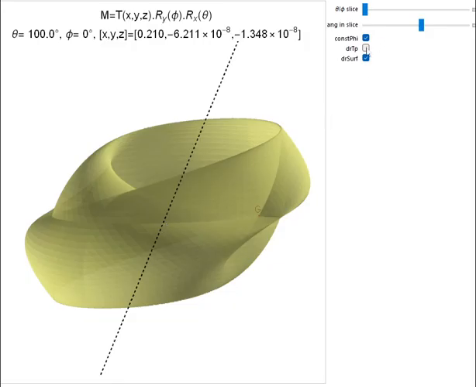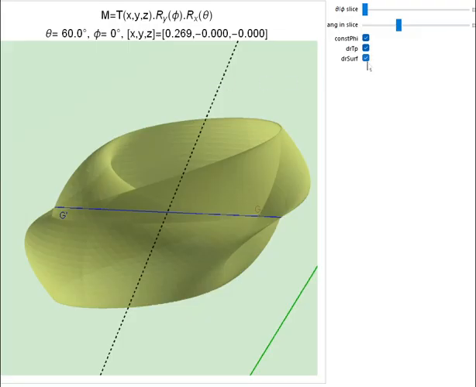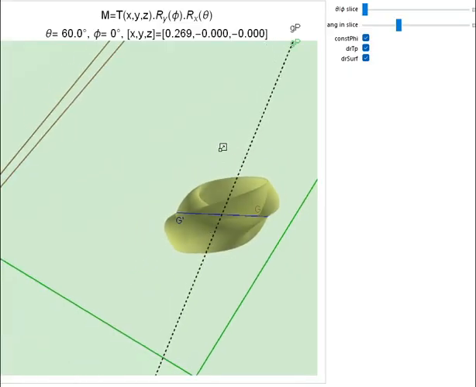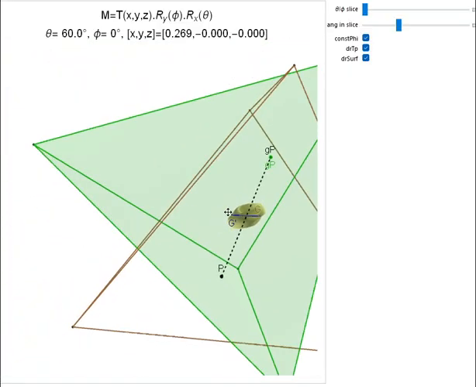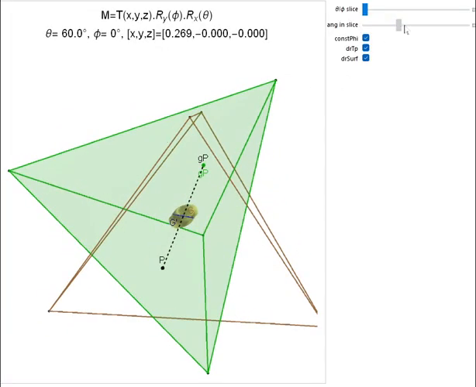So for example, when I go back to my triangle and I'm at the 0 phi, or the 0 rotation about y, as I pick a different theta,